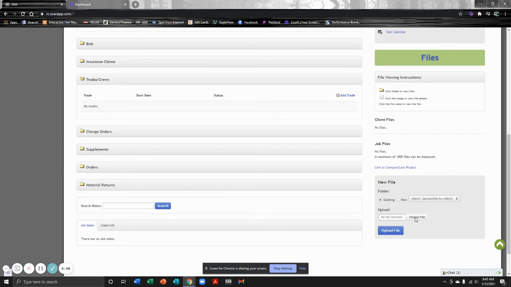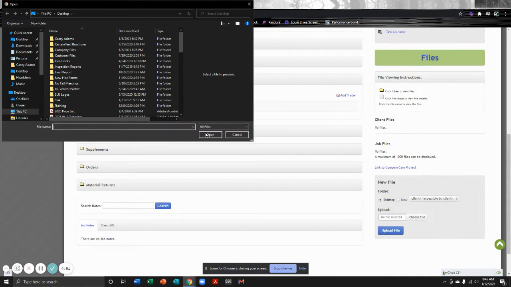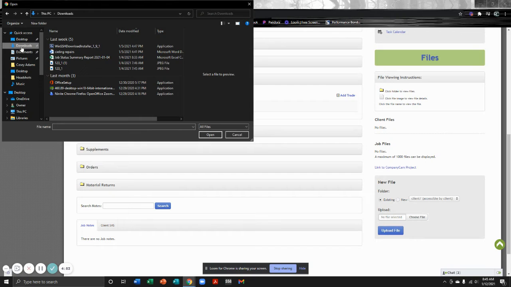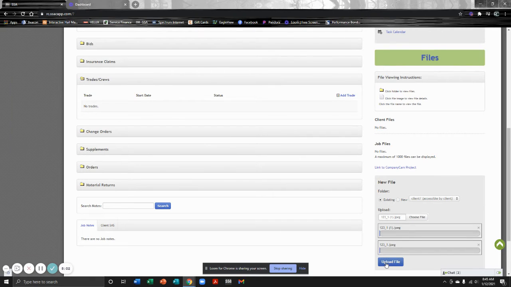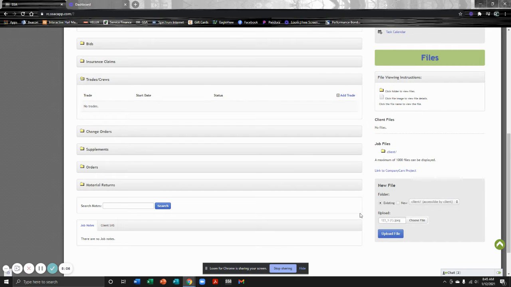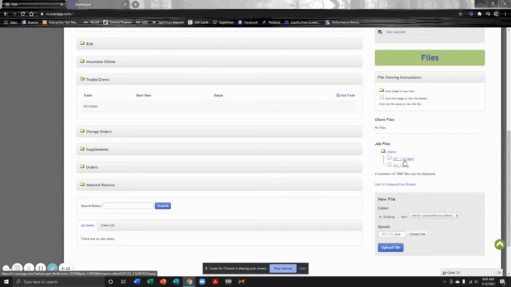Okay. So what we want to do is click choose file, and we can upload your photos from there. So I'm going to upload those two, and upload file. Once your files are uploaded, it's going to pop it into the client folder, and you can see your photos